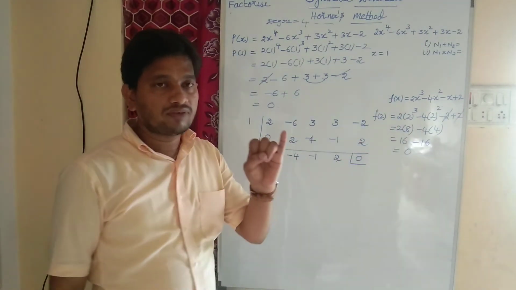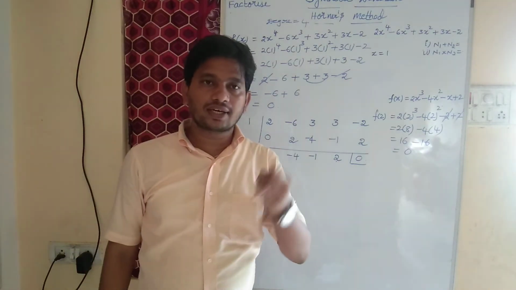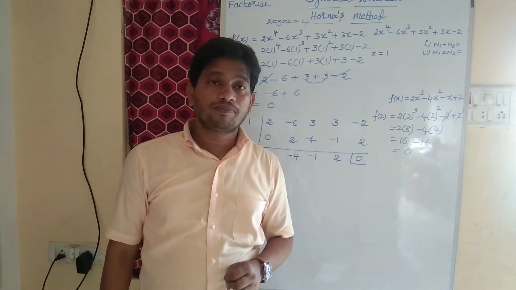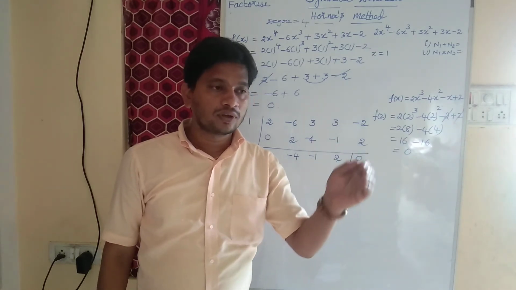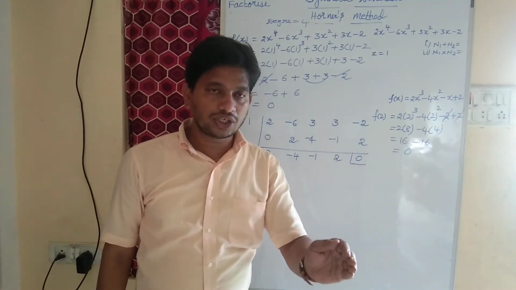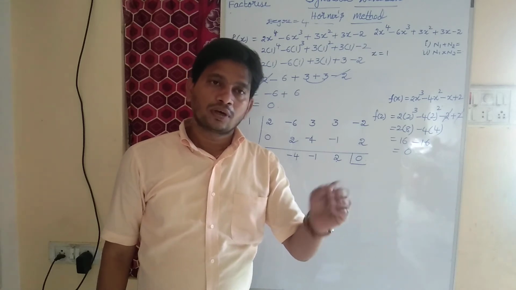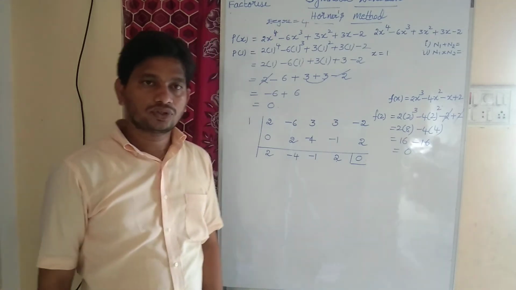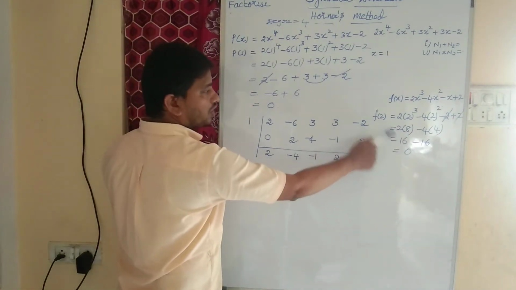Right? See, when we substituted x is equal to 1, we did not get result 0. X is equal to minus 1 also we did not get result 0. That is called trial and error. When we are substituting, if we get result 0, that is called the correct one. But if we did not get 0, that is called error. So at x is equal to 2, we got result 0.